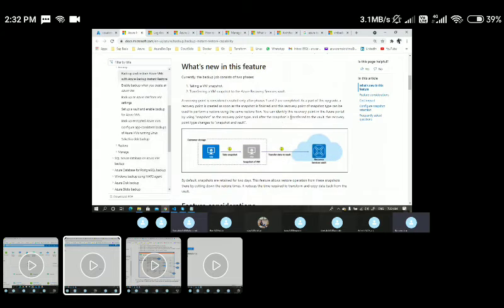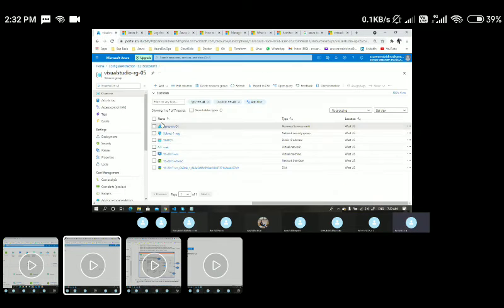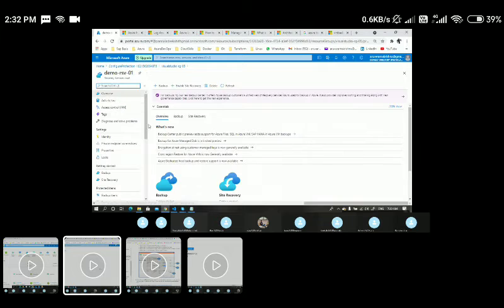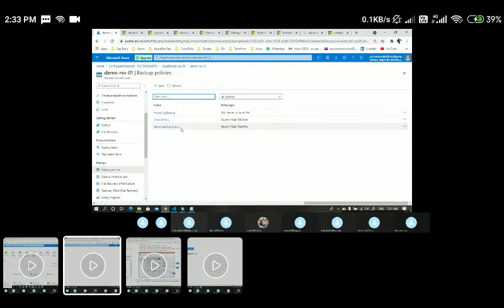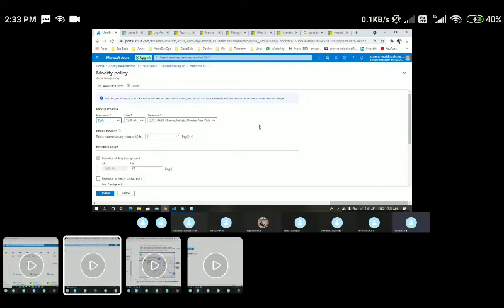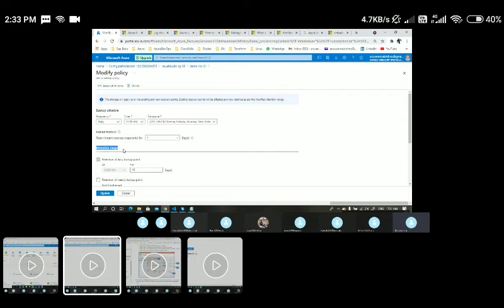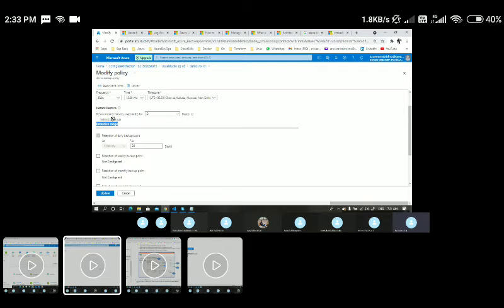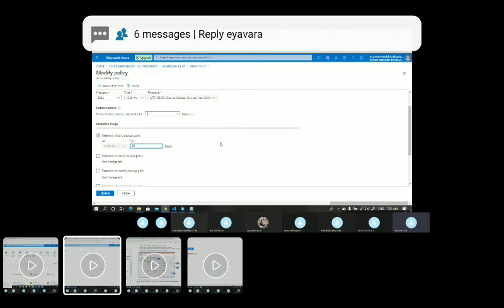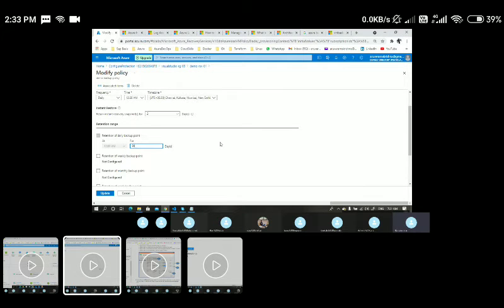Okay. So the major difference between, like, I'll go back to the recovery service vault again, and from here I'll go to any one of the backup policies. Okay, I'll go to the demo backup policy. So, retention range. By default, this retention range applies to whatever backup items you are taking, so you will be keeping the retention for how many days you want to keep those backup items. Let's say, currently I have shown you up to 9999 days.